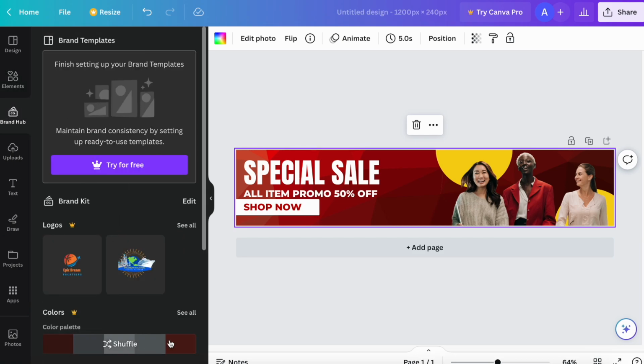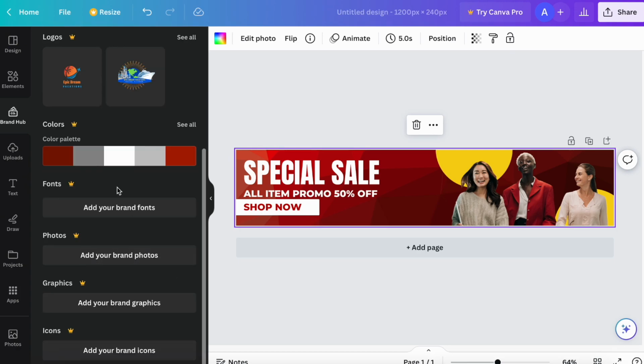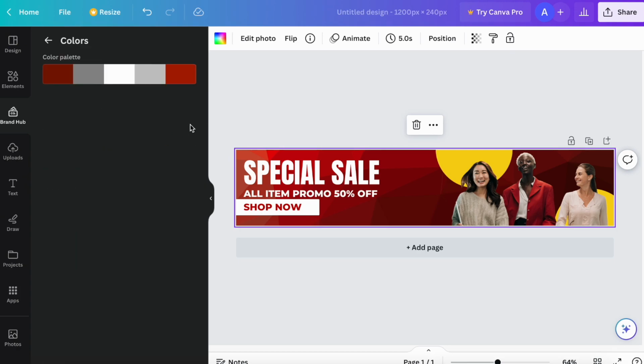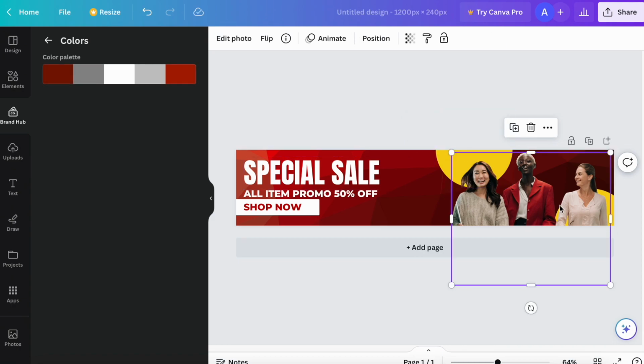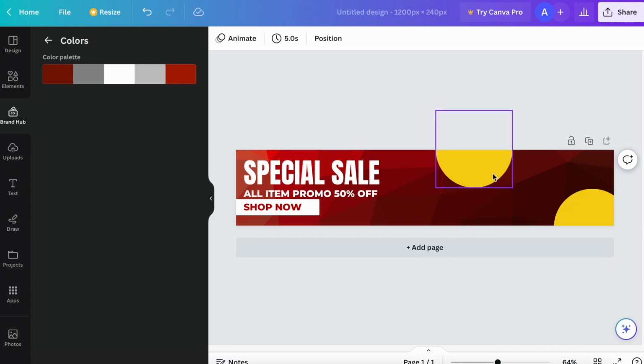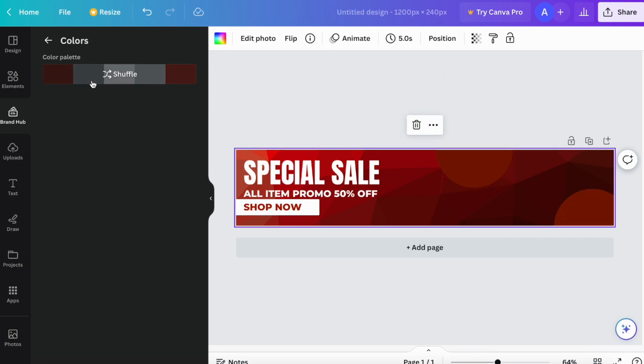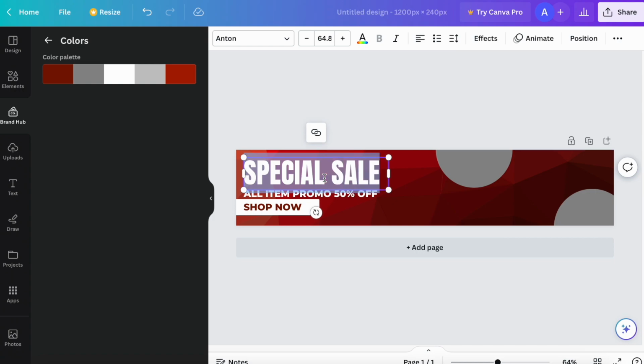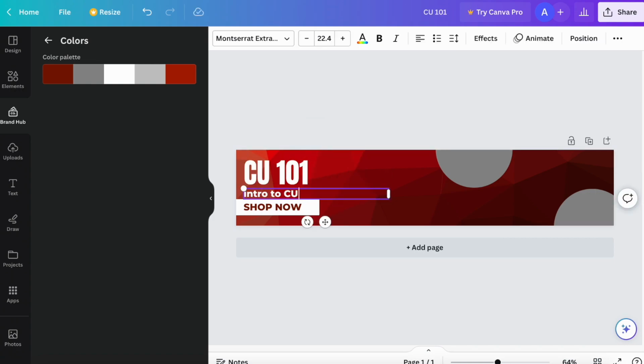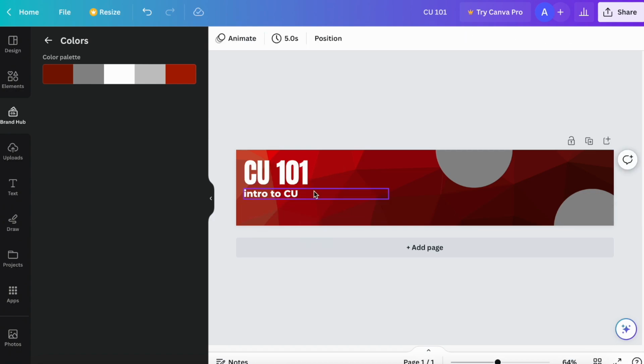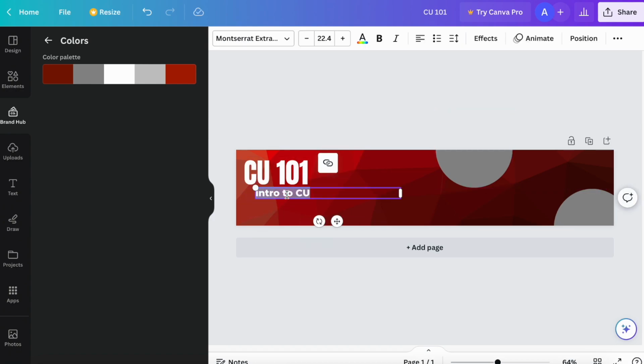Under my brand kit, I already have the Concord University color scheme ready to go. After I remove any unnecessary design elements, I'm going to allow Canva to use the brand kit to help color the banner. You may also choose to select the part of the banner that you wish to edit and adjust the color that way. The course that I'm creating this for is just an example, but again, I want to remove any unnecessary design elements that detract from the overall purpose of the banner, which is to let students know what course